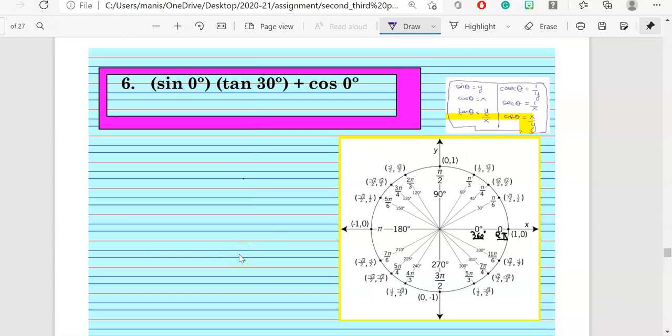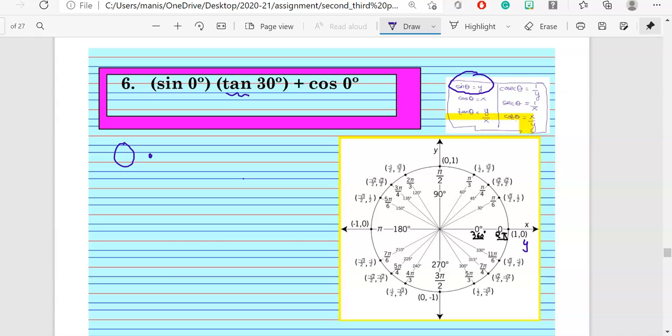Alright, let's look at this question, sine 0. As you all know, what is sine? It is your y. So straight away go to 0 degree, look for y, that's your 0. Alright, 0 over here times